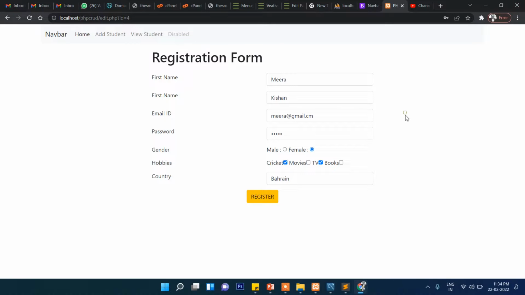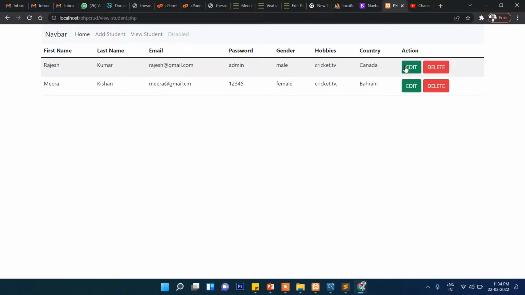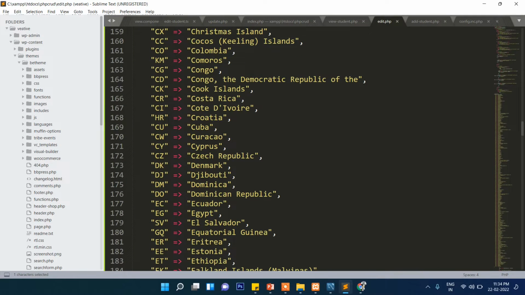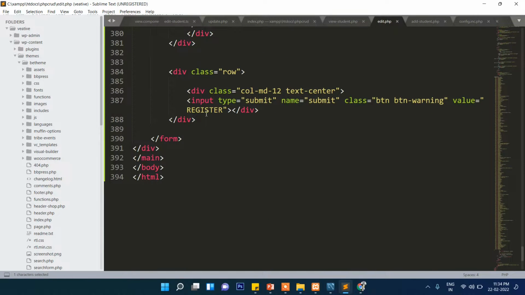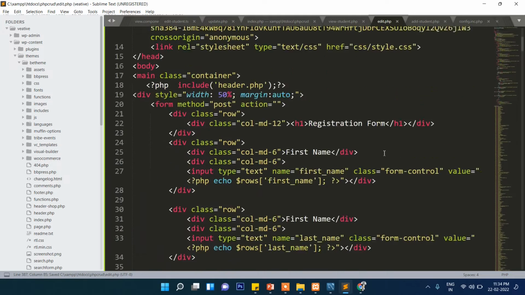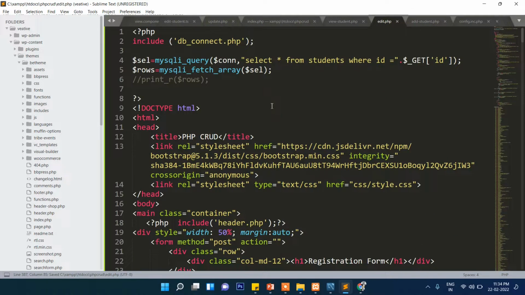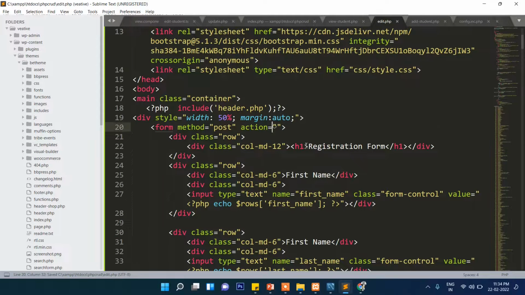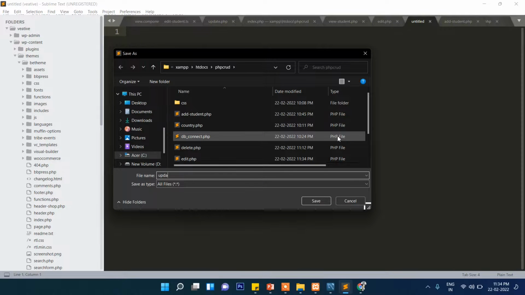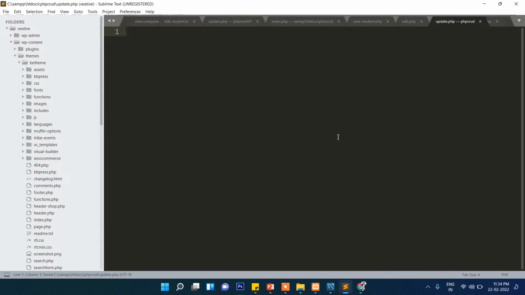Now we will work on update. So when the user clicks on this update, the record should be updated. So now let's go here, rather than register, let's write here update. So here we need to write the query for update. So let's write the query here, update.php. Once again we need to call here